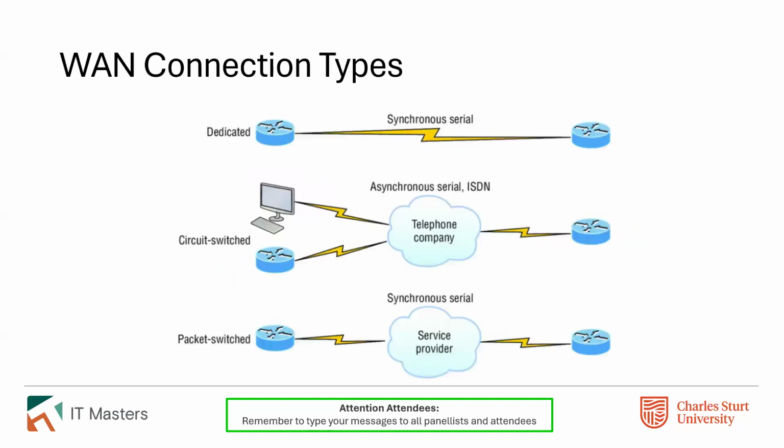Different kinds of connections, dedicated connections. These days, while the exams still talk about synchronous serial connections, they're more often than not going to be some sort of fiber. Similarly, you don't typically see ISDN these days in the real world, but you will see it mentioned in the Cisco exam at least as a form of WAN technology. Circuit switched these days is less common for the same reasons.